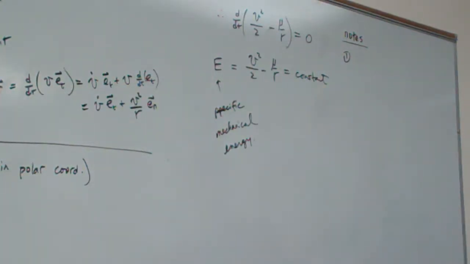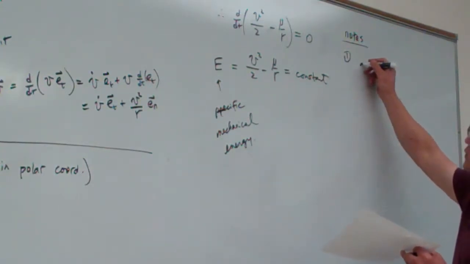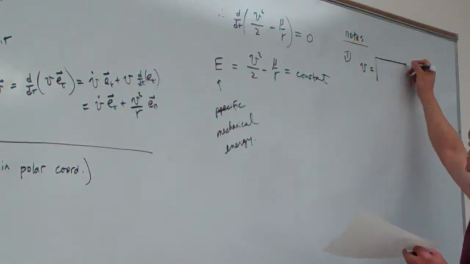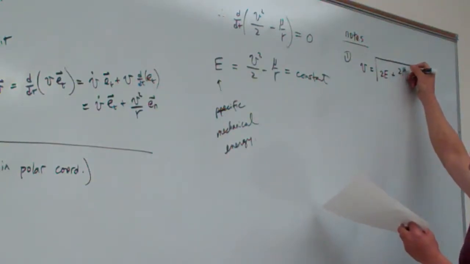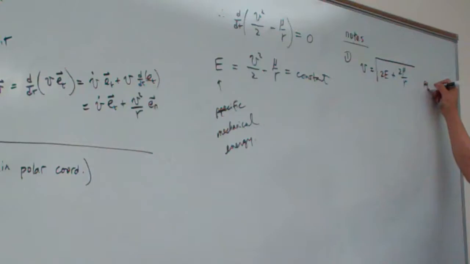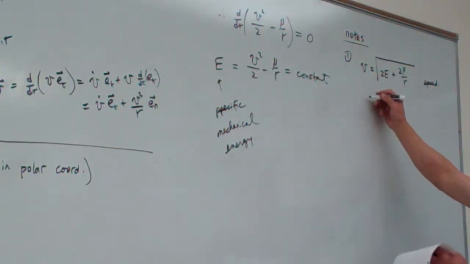The first one, if you want to calculate velocity, here you can describe it like this. Starting from this equation, v simply is equal to the square root of 2E plus 2 mu over r. So this is the speed. And here we define the